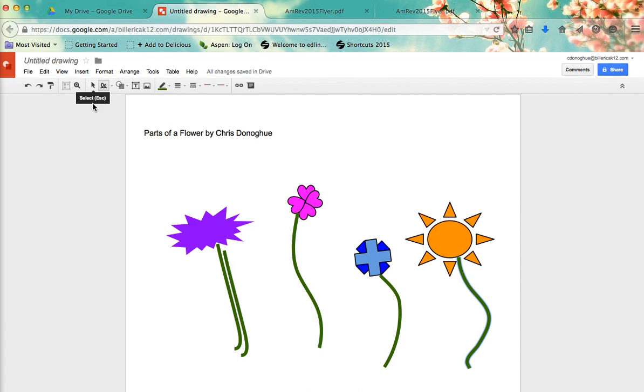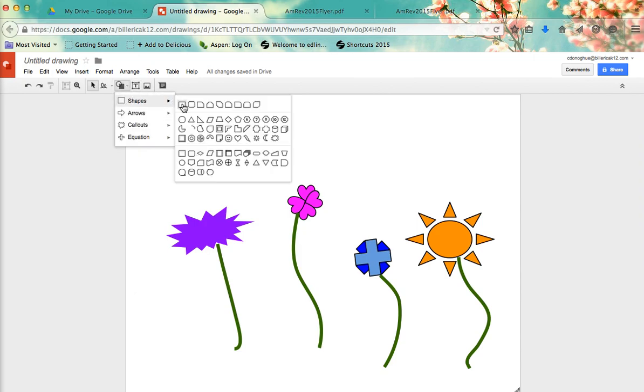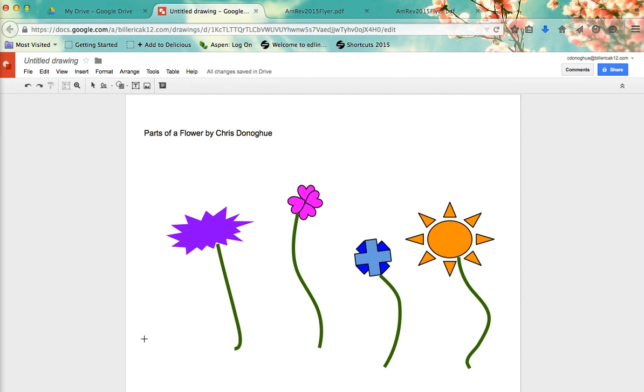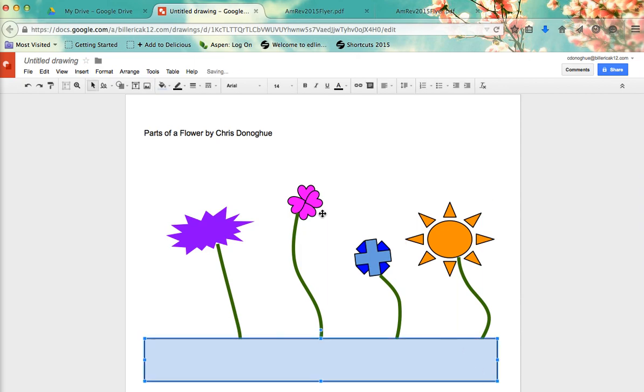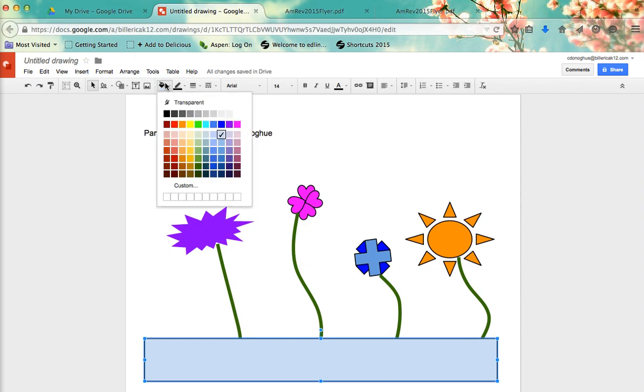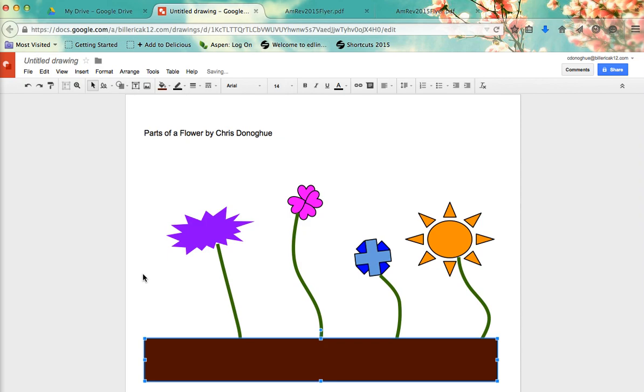When I get the arrow tool up here next to scribble, that's how I can click on something and then hit the delete key. Now, what about the dirt? I need to get the rectangle, which is the first piece, and I need to drag across and make the dirt. And you could choose your own favorite dirt color. Then I'll go back and get roots, and these can be black or white, whatever you want to do for